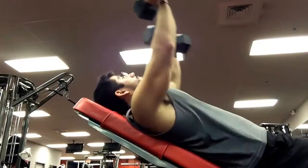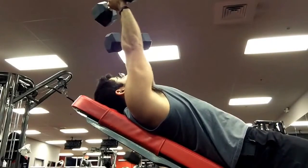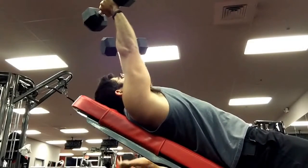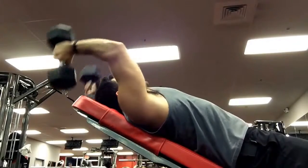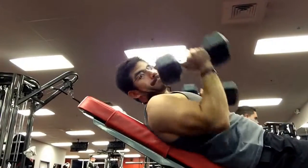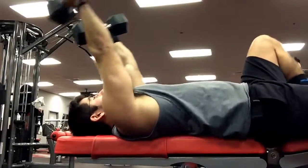So here I'm just going to walk you through a little bit of a separate tricep extended leverage set. So now we're going the opposite way. Now we're starting to put the tricep on stretch. And here's about maybe a 30-degree incline to a flat, and this